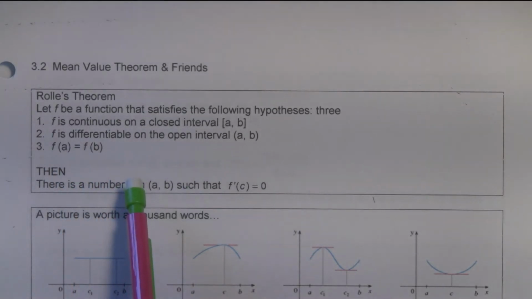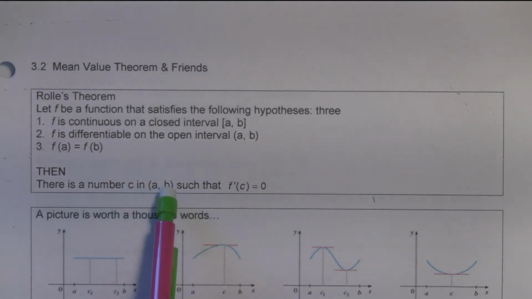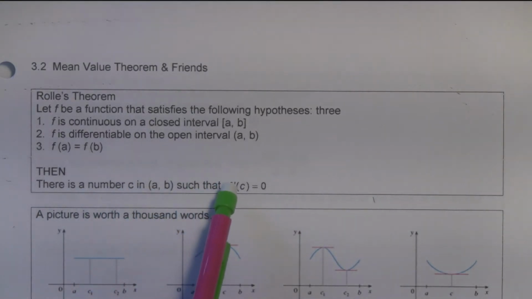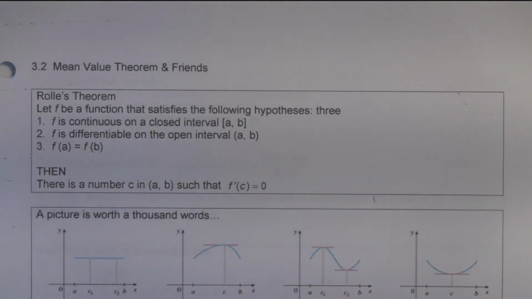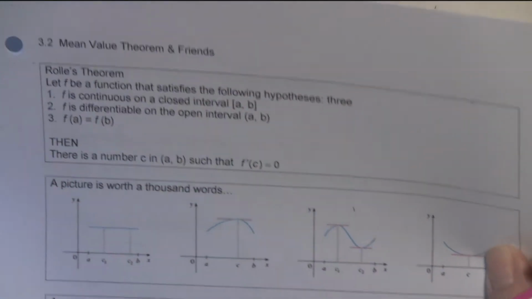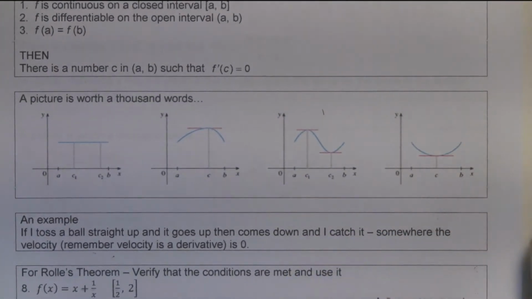And so then there is a number C in A to B such that F prime of C, so the derivative at C, is equal to 0. So it's saying someplace in between A and B, the derivative is equal to 0. And so these pictures came from your textbook, and I think they really go to show you what's